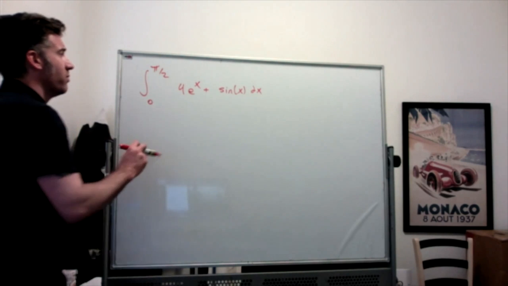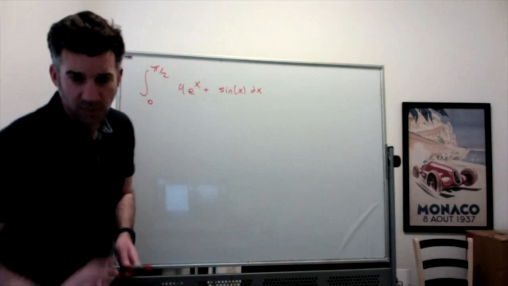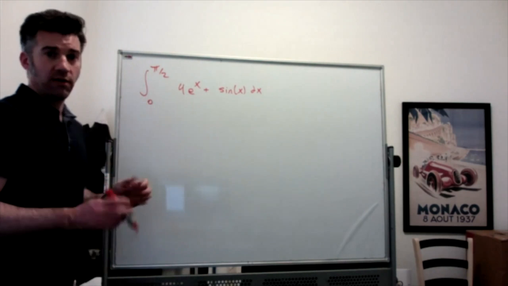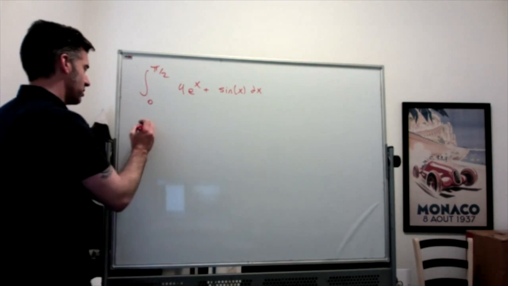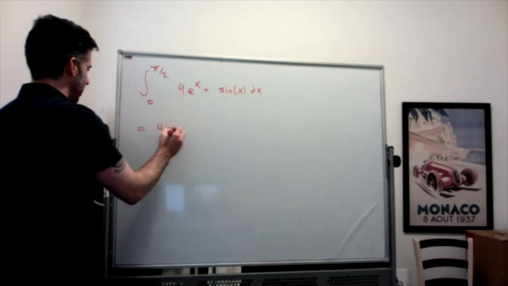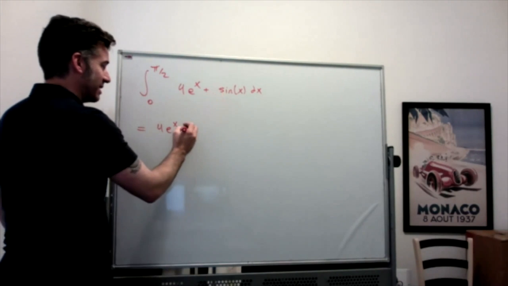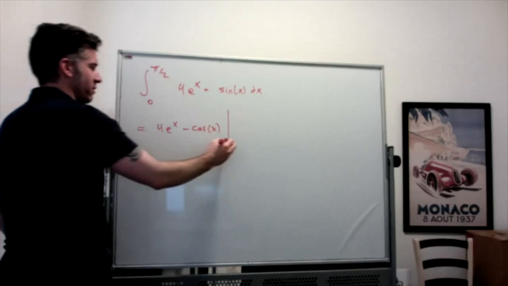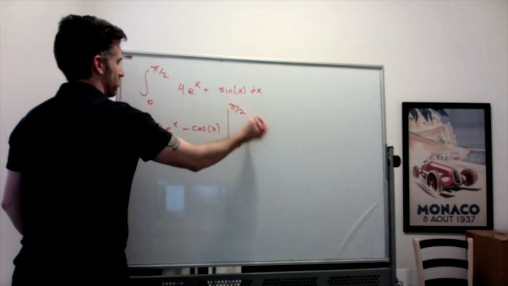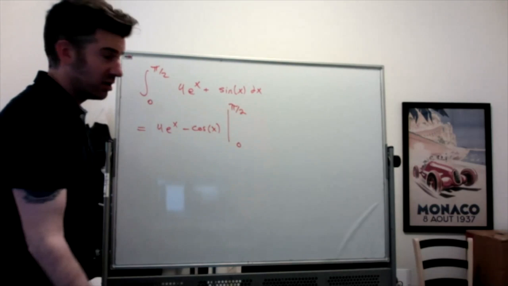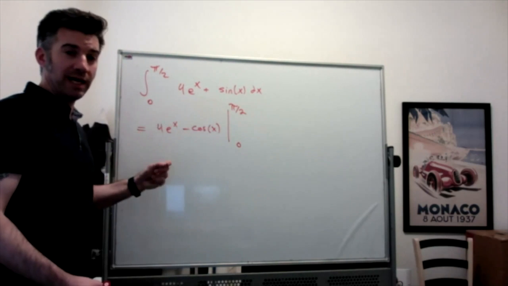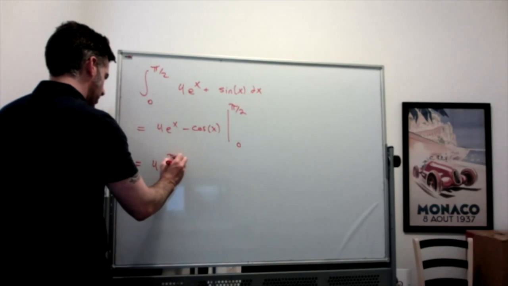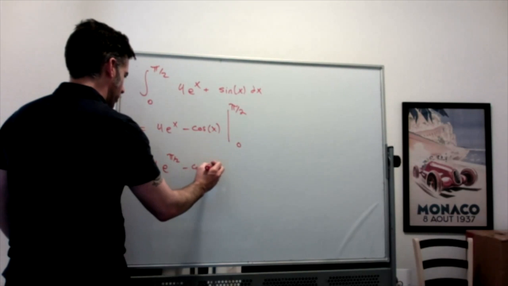Okay, sorry. So definite integrals, you can say they're fairly straightforward. You're going to find the antiderivative. So the antiderivative for e to the x is 4e to the x. The antiderivative of sine of x is negative cosine of x. And then you're going to evaluate between these two limits of integration. So we're just going to plug in. It's always the top limit first minus the bottom limit second. This is going to be 4e to the pi over 2 minus cosine of pi over 2